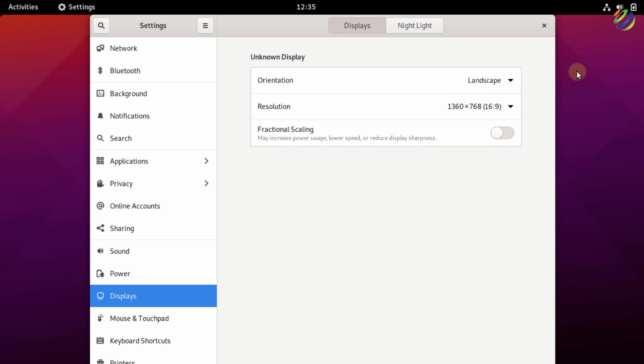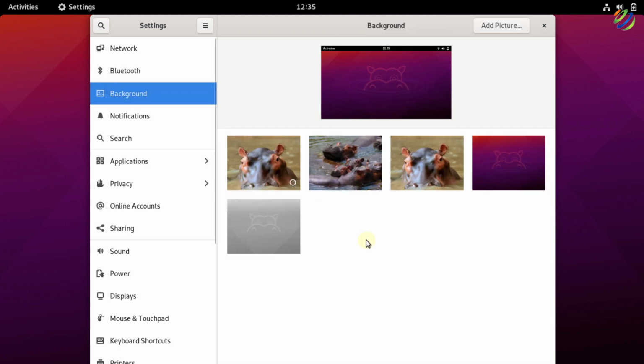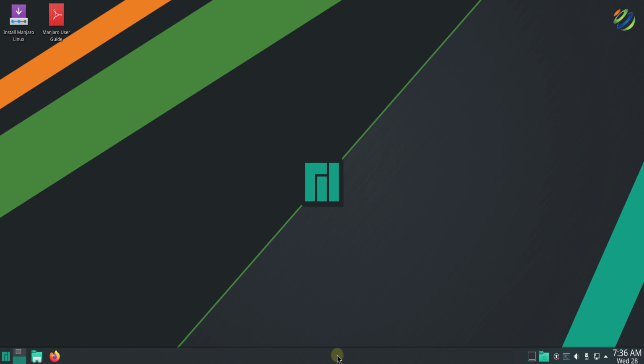And if I want to change my background, here I have background options, just click on it. From here I have different backgrounds available which I can use. And if I want to have more pictures here, I have to update my system and more pictures will be available here.